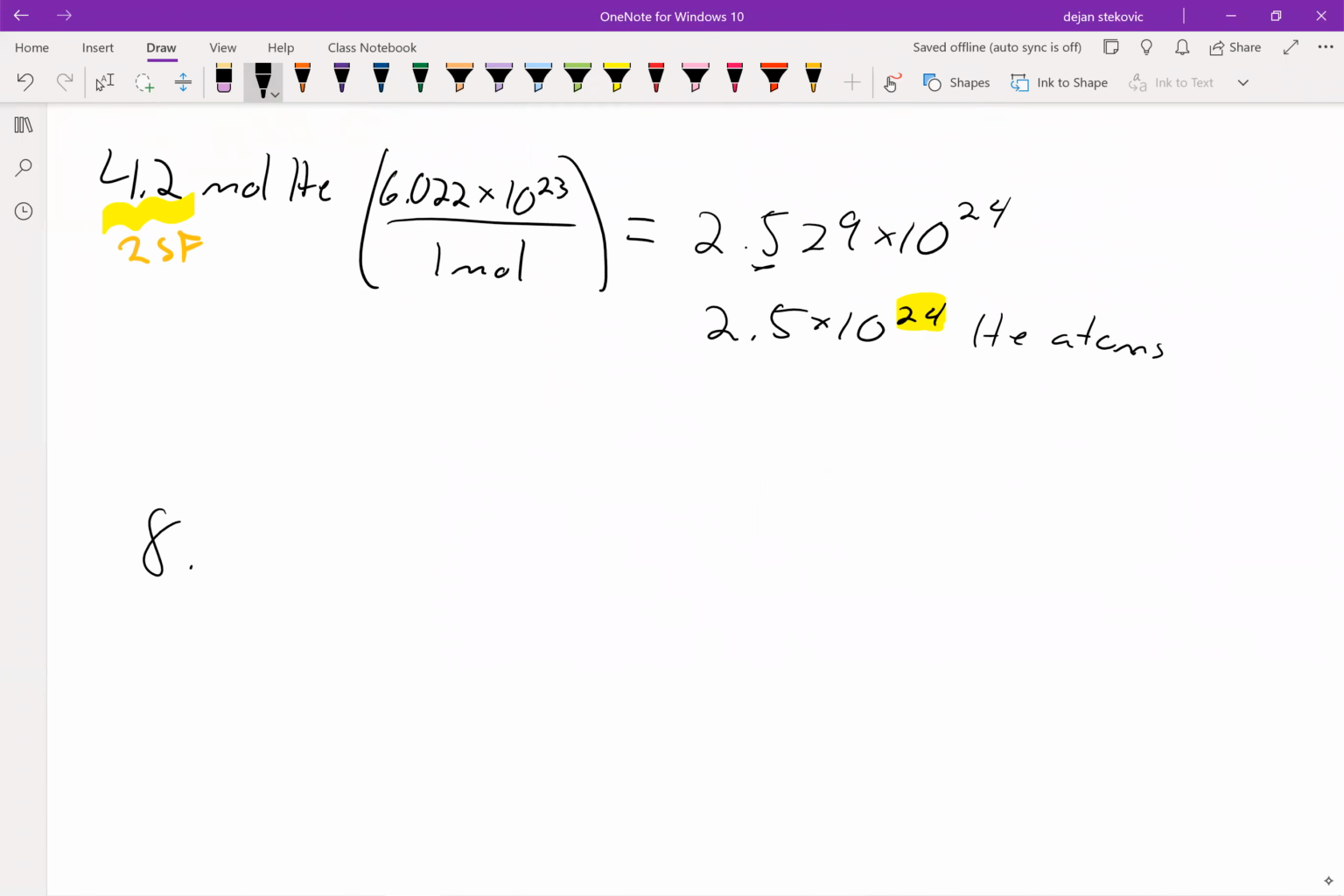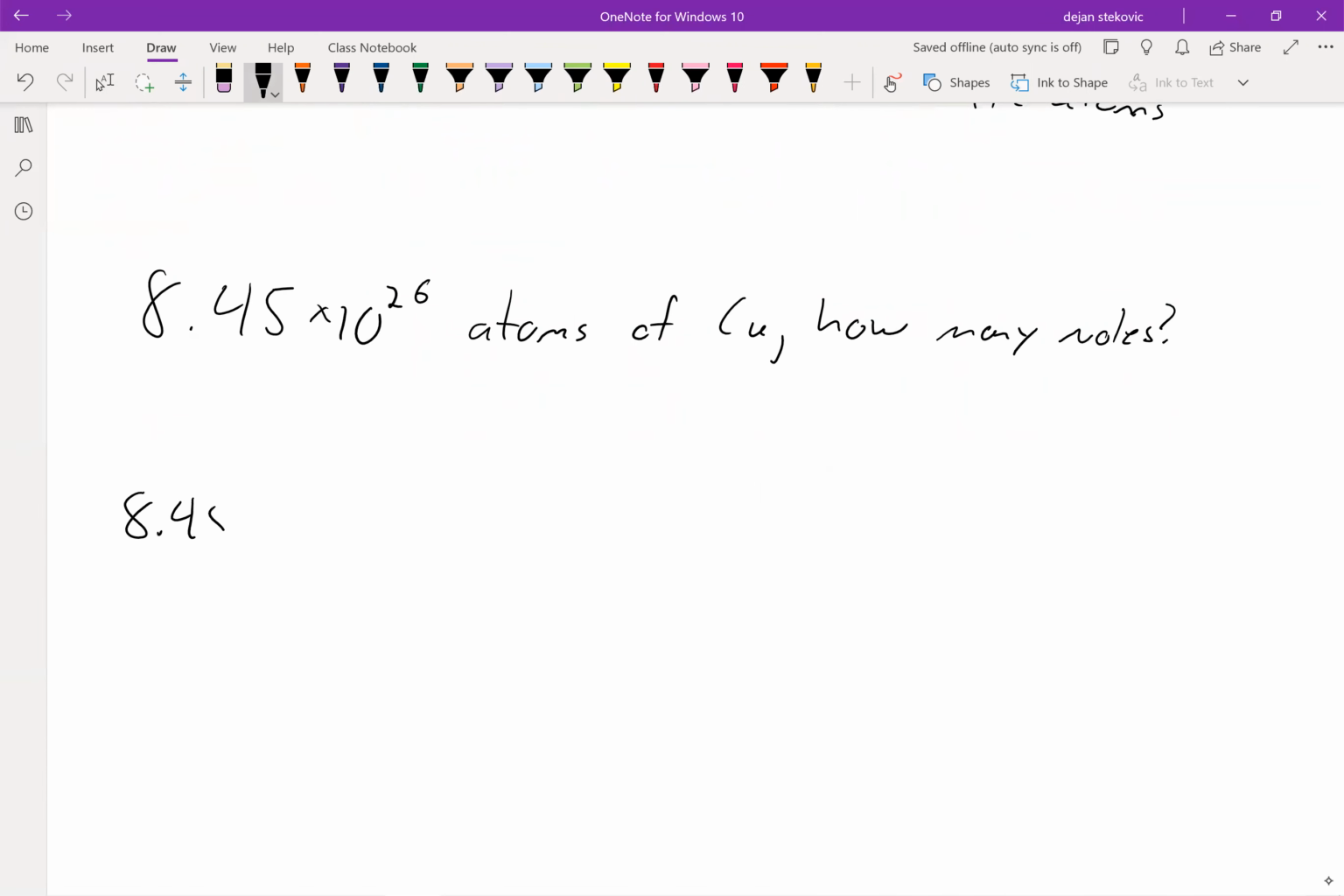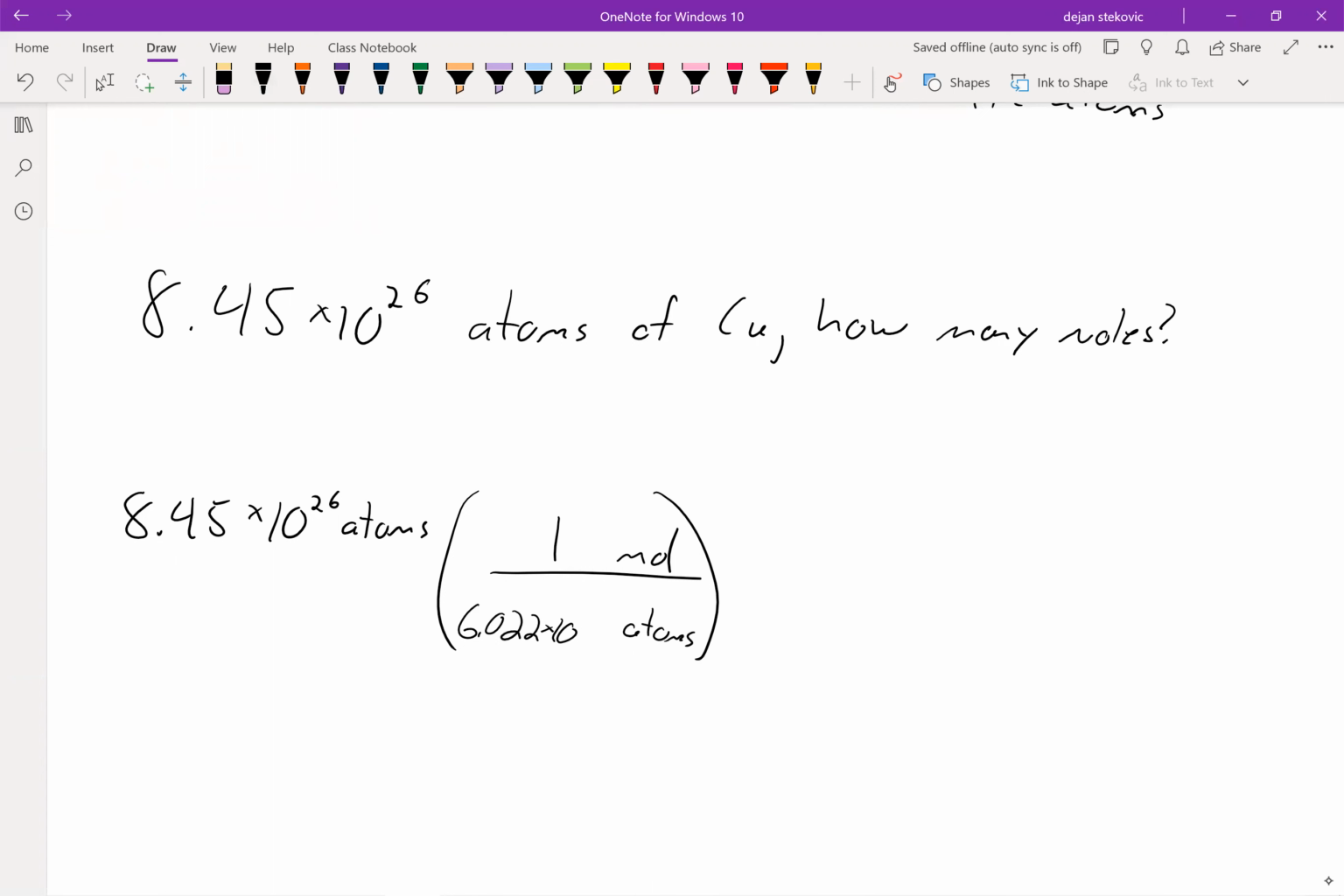And then we could do the reverse as well. What if we had 8.45 times 10 to the 26 atoms of, let's say, copper? How many moles do we have? So if we have 8.45 times 10 to the 26 atoms, we can again use our conversion factor, but this time we're going to flip it around. We're going to want atoms down here and then moles up here, right? So 1 mole is equal to 6.022 times 10 to the 23rd of whatever you're talking about. So in this case, since we're talking about atoms, we're going to put atoms down there. And then we just go ahead and do the math, and then you get